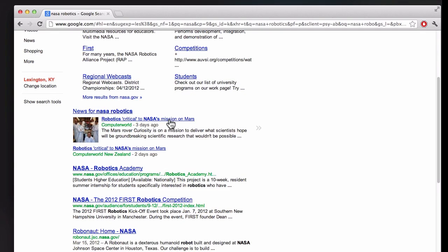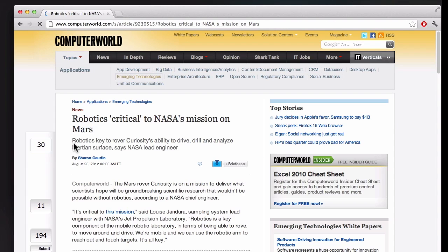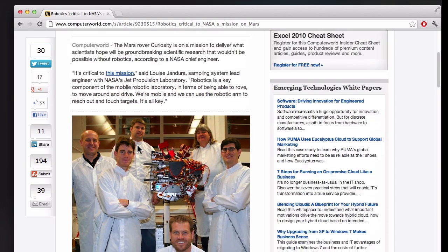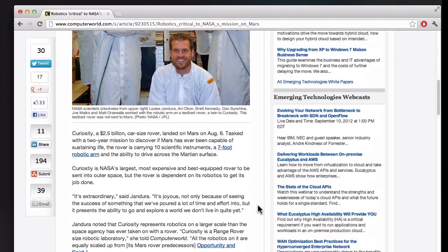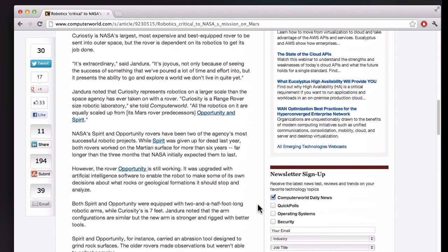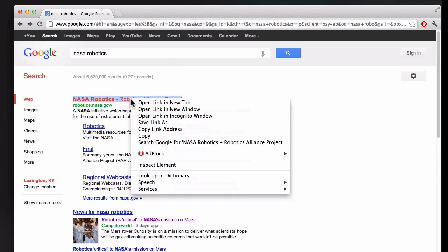to narrow things down. So here what I've done is I've clicked on an article that says Robotics Critical to NASA's Mission on Mars. All right, there's some people. I can look a bit at this article. Now here's some possible search terms. Are scaled up from its rover predecessors Opportunity and Spirit. So I might later come back and search for Opportunity and Spirit, but really what I want to do here